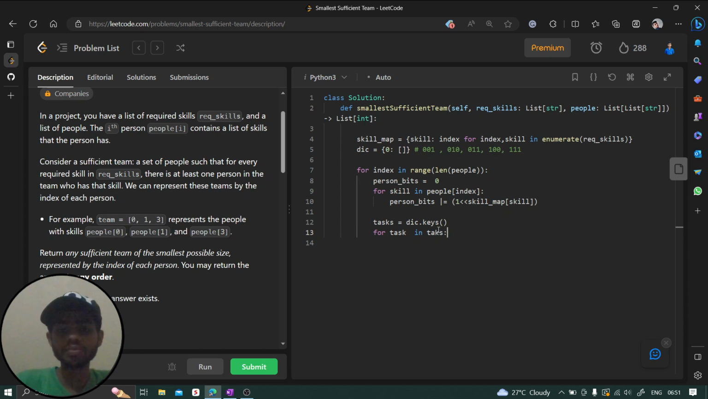So just we have to find now. For this particular set, let's say 011, how many people do we have already? Now we have to find for that one, right? So we're going to say find. First of all, get a new task. New task is going to be nothing but this previous task, right? This task or person bit,